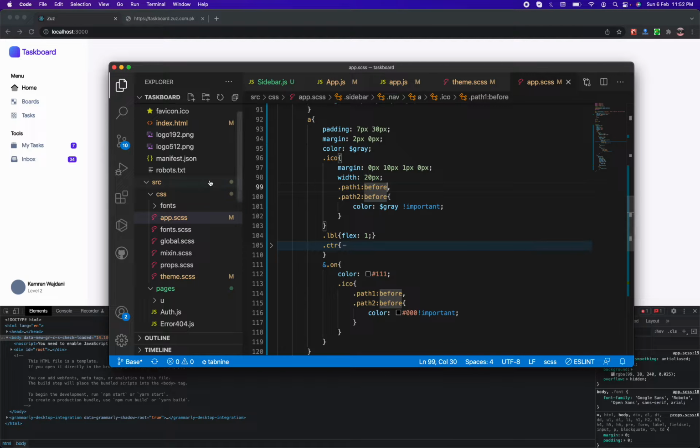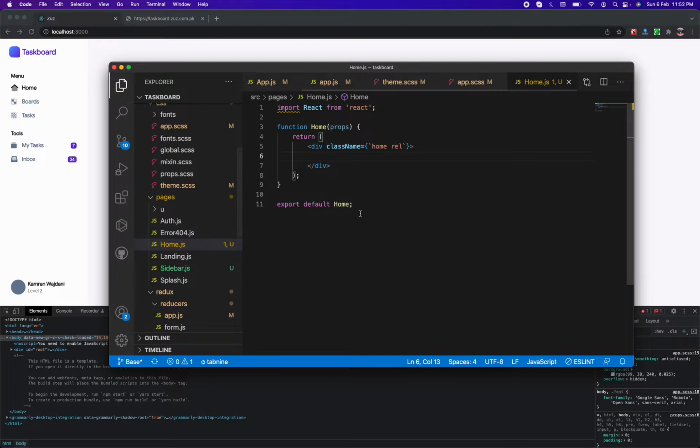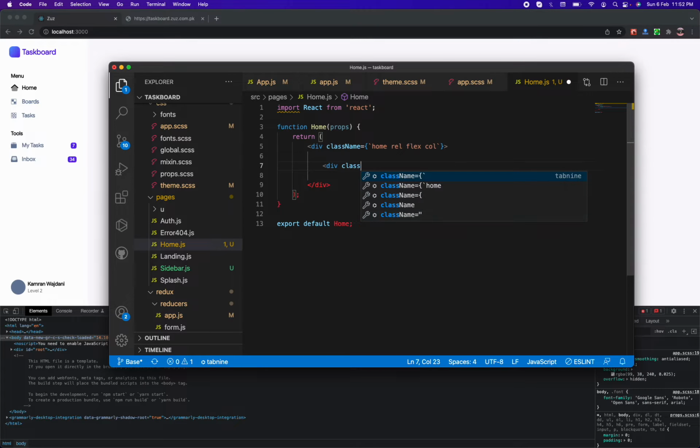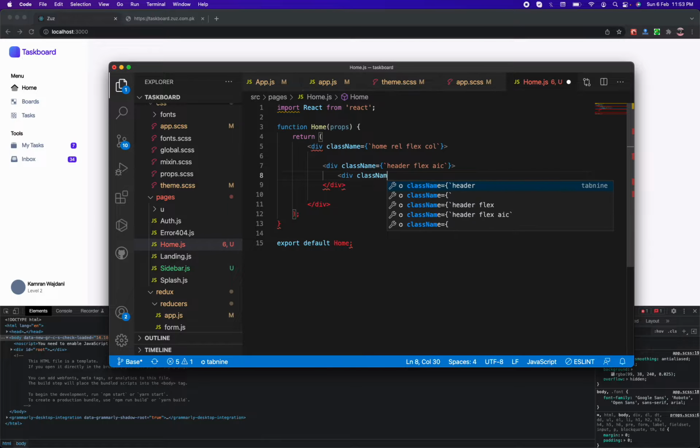And let's go inside home, and we need flex column, and first of all I need a search box. Let's add div class name and call it, what should we call it? Let's call it head or header. Let's call it header. And for header we have a search block, div class name equals search rel, and flex AIC as well, and AIC,